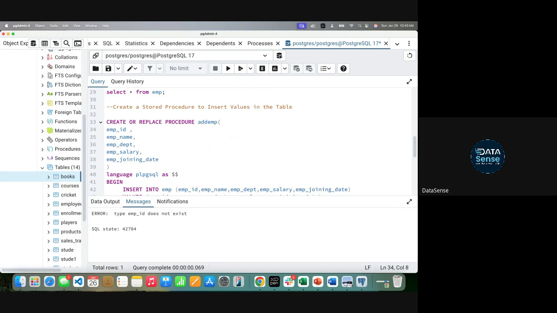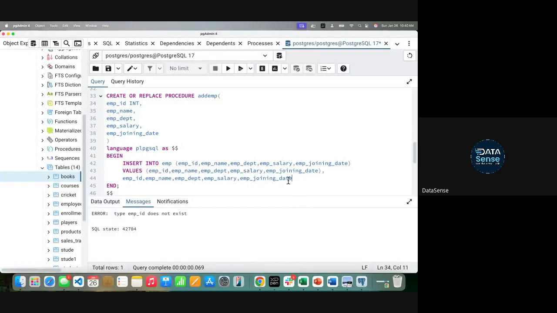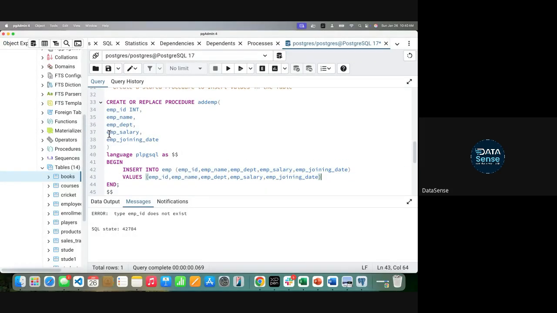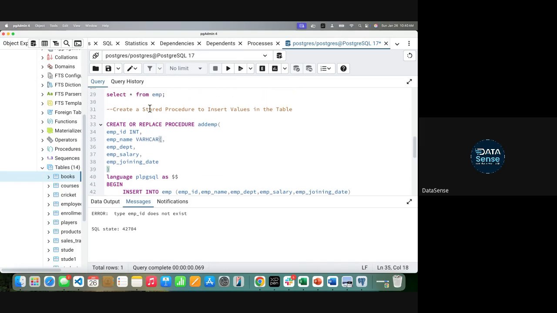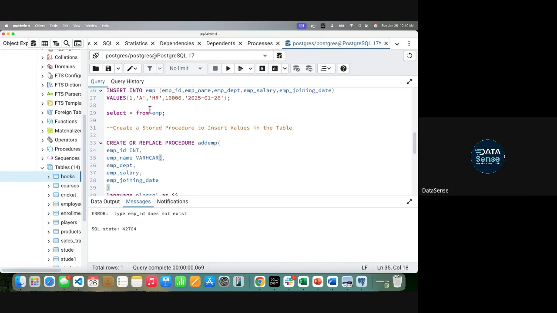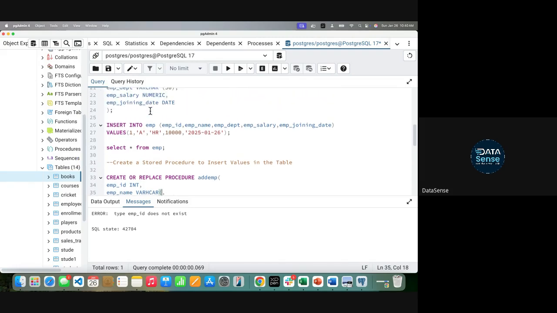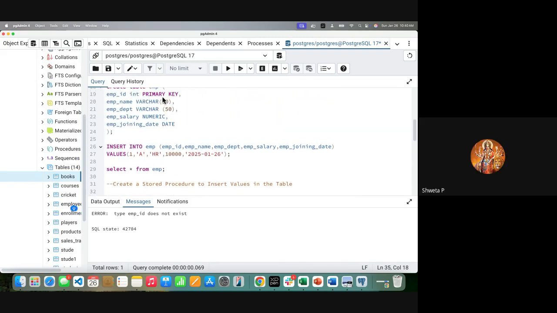Okay, so I will define the data type. Let's say int. This is not required at this stage, this much I know. Employee name, we can call it varchar. The problem is, the table has varchar 30, which we created here.